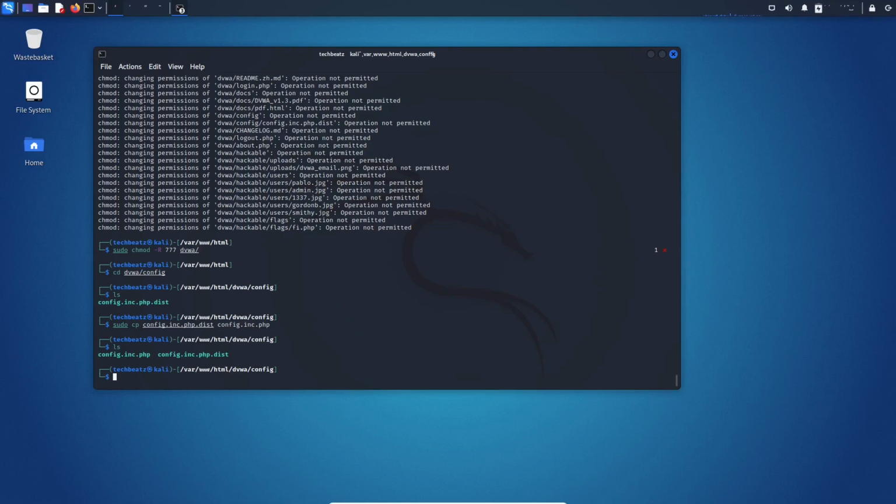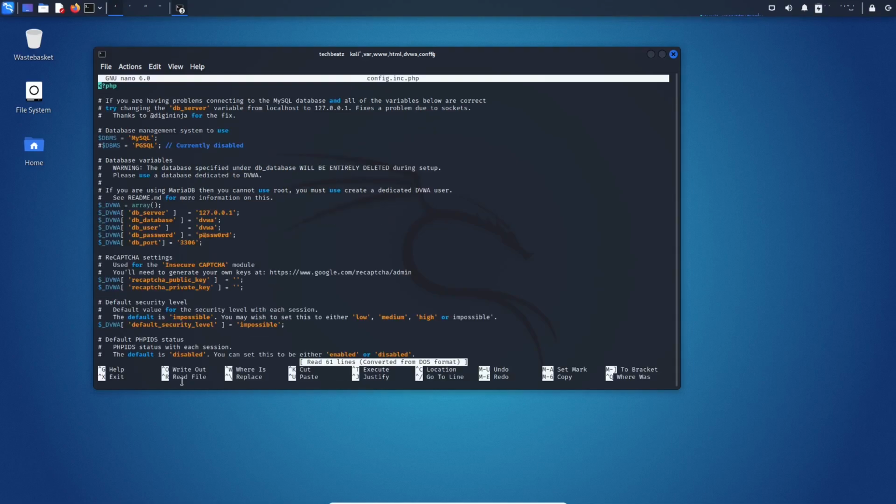We're going to make some config changes, and we're going to do that in Nano, the editor. What we need to do is amend the user and the password. Need to input sudo nano, that's the text editor, and then the file that we just created, config.inc.php. PHP should open. Okay. And what we need to do is just navigate to the relevant fields and amend them accordingly. So here we just use arrow keys